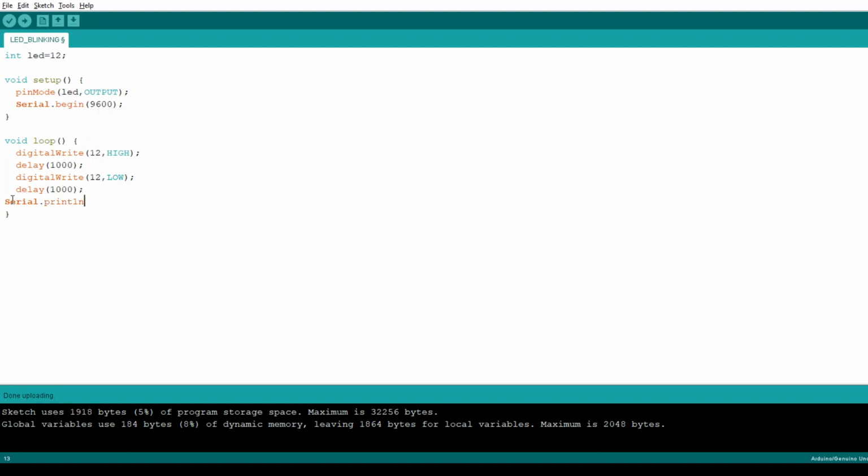S should be caps, and N means new line. Print means whatever I give to this command is shown on the serial monitor. So I am giving the command "LED is on."